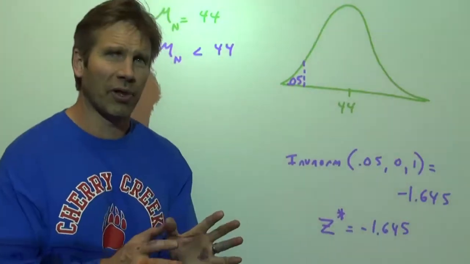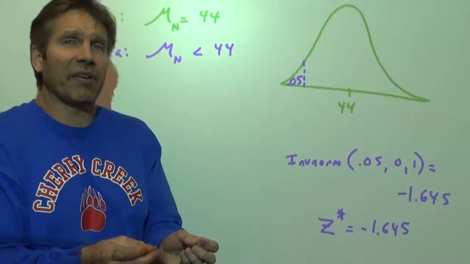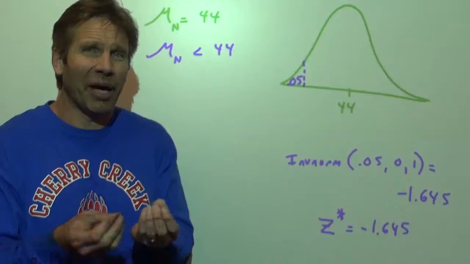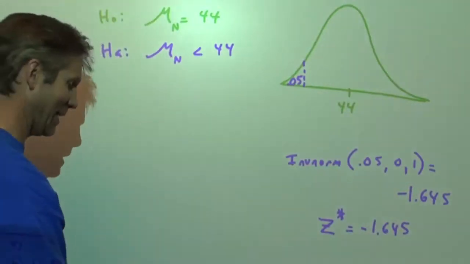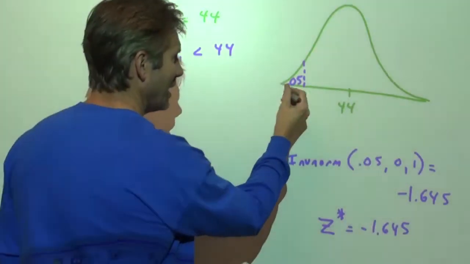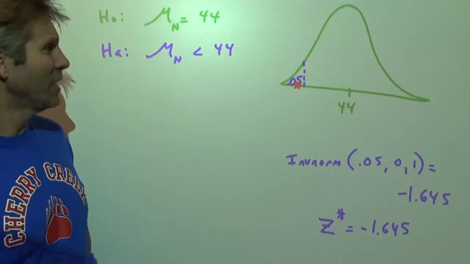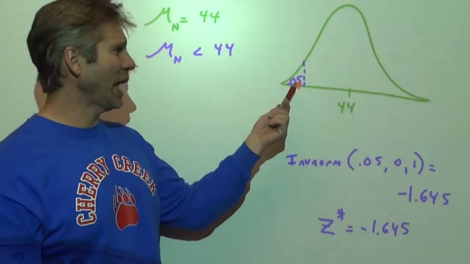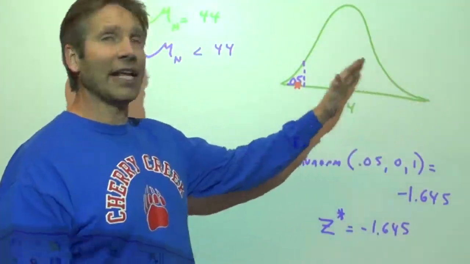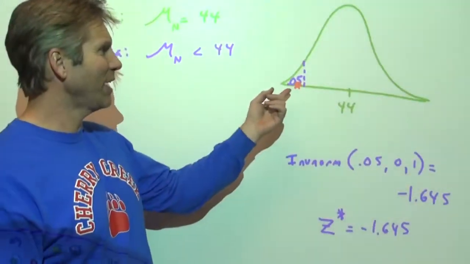So it's kind of like a court of law. You're innocent until proven guilty. You assume the null is true unless there's enough evidence to get you to believe that the alternative is true. Now, what do we mean by enough evidence to convince us? I'm glad you asked. You would have to take a sample and get a mean average that's down here, far enough below the mean in terms of standard deviations, so that it's the type of result that should happen 5% or less of the time when any sample mean is taken from this population with a mean of 44. That's what it takes to be unusual.